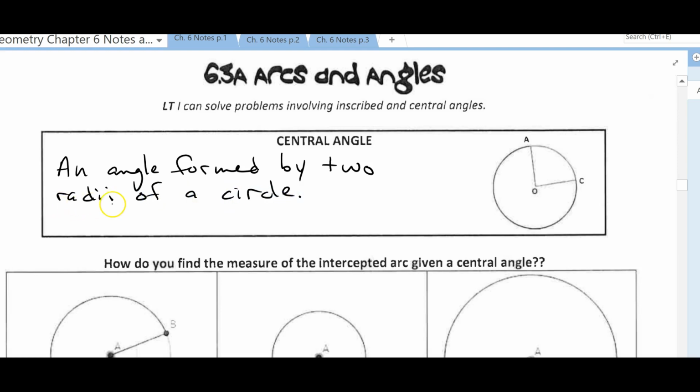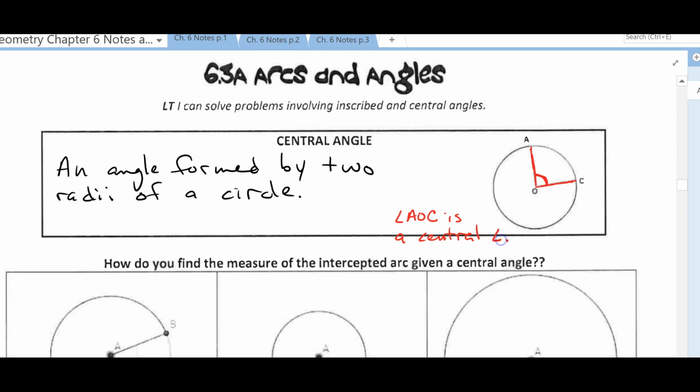Remember, radii is the plural of radius. All right, so over here I've got this radius segment OA and this radius segment OC, and they form this angle in the middle. So angle AOC is a